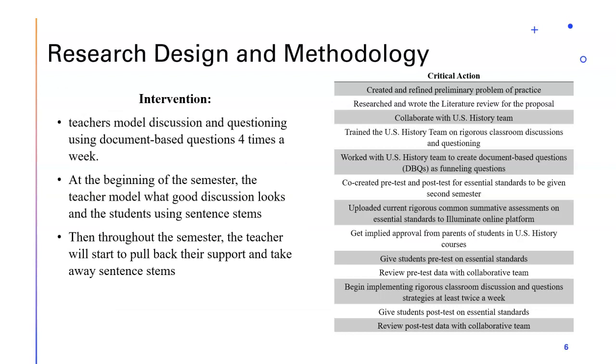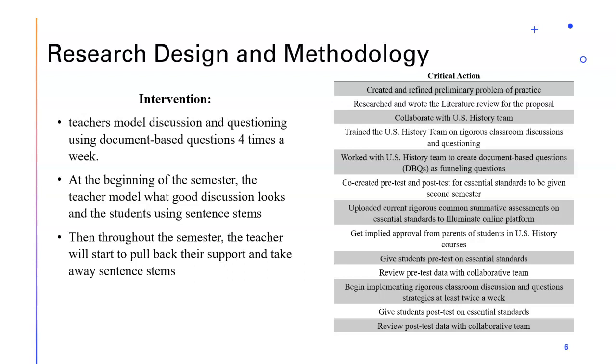The intervention focuses on structured classroom discussion and questioning in the high school U.S. history class. Initially, the teacher models effective techniques using primary resources and document-based questions, gradually reducing support as the semester progresses. This transition empowers students to engage in independent and meaningful peer dialogue. Prior to the implementation, teachers underwent professional development on rigorous discussions and questioning techniques. They collaborated to create primary resource document-based questions and pre- and post-tests for essential standards, which fostered a structured approach